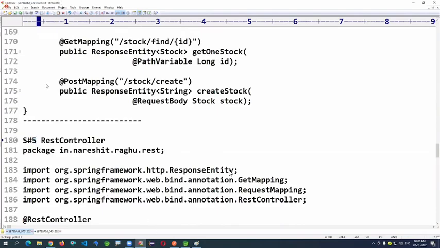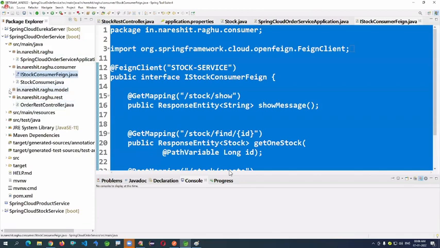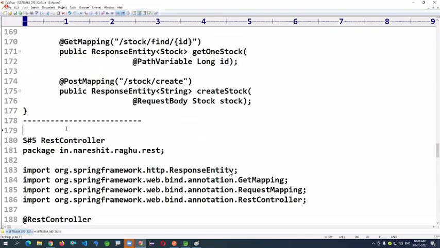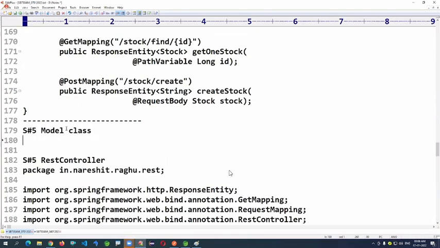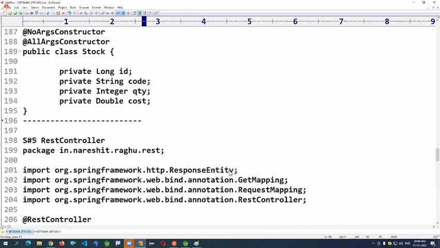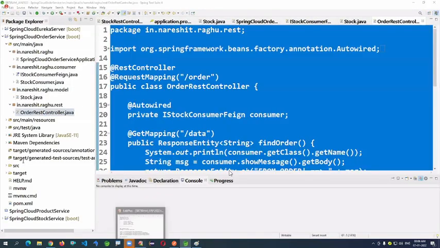It's the REST controller I'm showing here. It's the order controller.